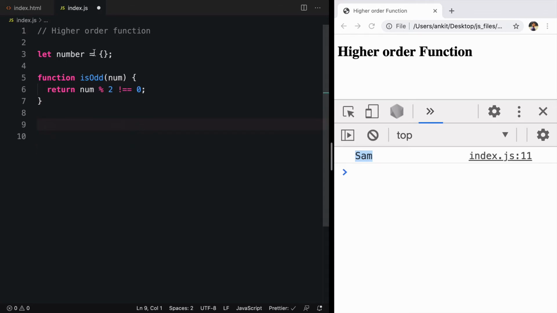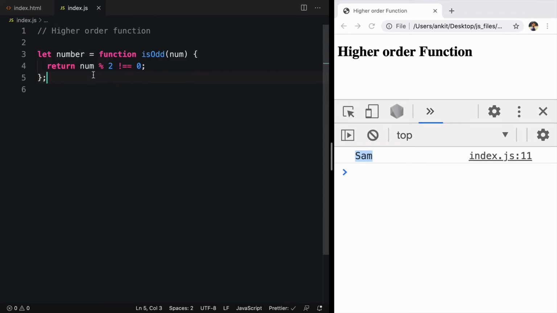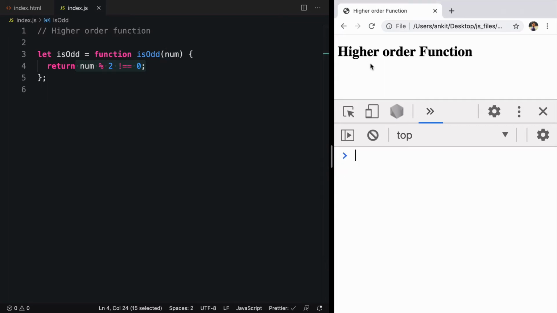And because a function is an object, you can store this function on the right hand side of equal to. And this kind of function is known as a function expression. I'll go ahead and change the name of the variable from number to isodd. Now we have a function isodd that accepts a number and returns true or false. Let's try to use this.